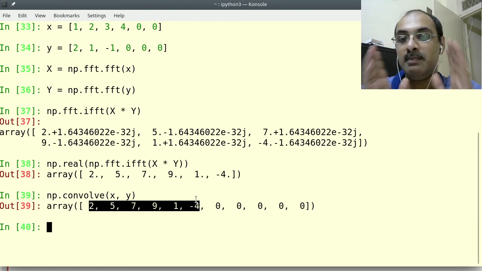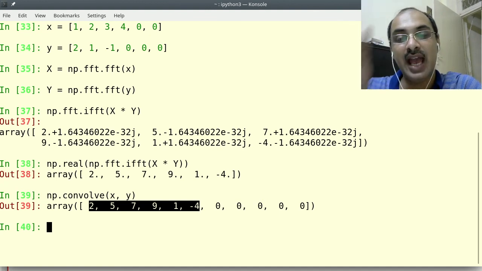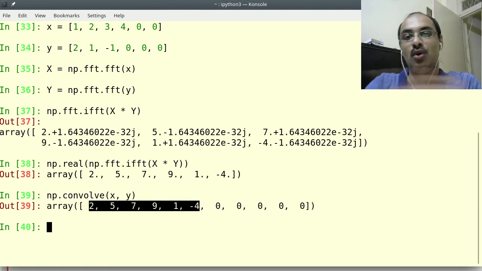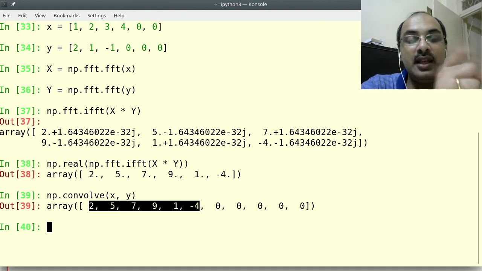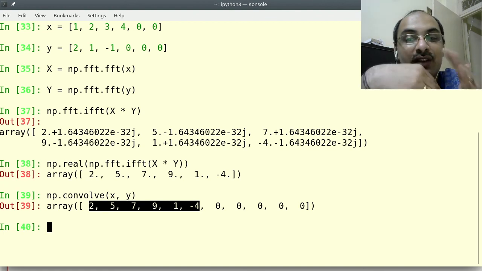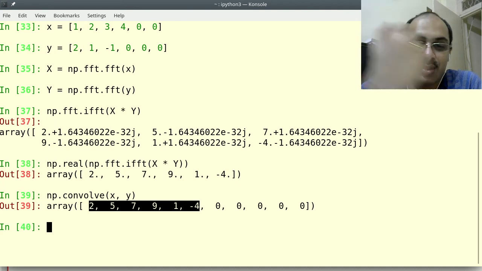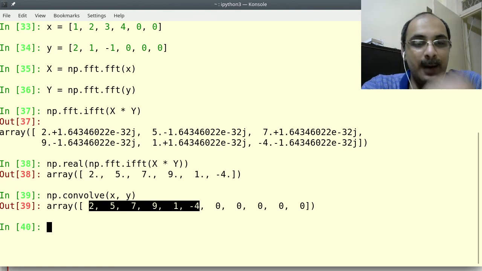Why does this happen? Because if you add a sufficient number of zeros, you can ensure that the circular convolution and the linear convolution are the same. There is no overlap. Why would you do this rather than direct linear convolution? If you have very long sequences, the complexity of the DFT is n log n, which means you can get away with fewer computations than the direct summation approach. In fact, in many DSP situations, they take this approach. So this is also an important property to think about.